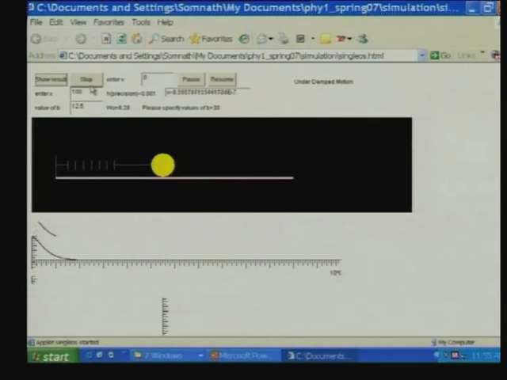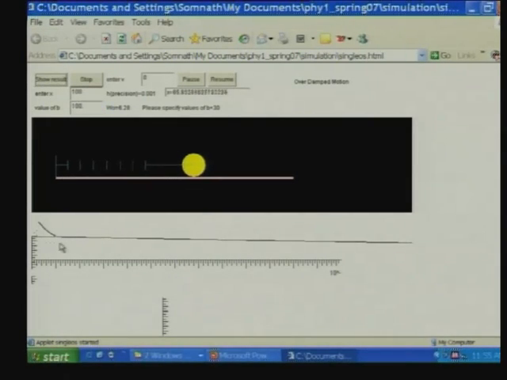Let me show you the situation with large damping coefficient again. So, this is the situation with the large damping coefficient. It approaches the equilibrium position extremely slowly. This is because of the e to the power minus gamma 1 t, where gamma 1 is extremely small. So, the term decays very slowly,